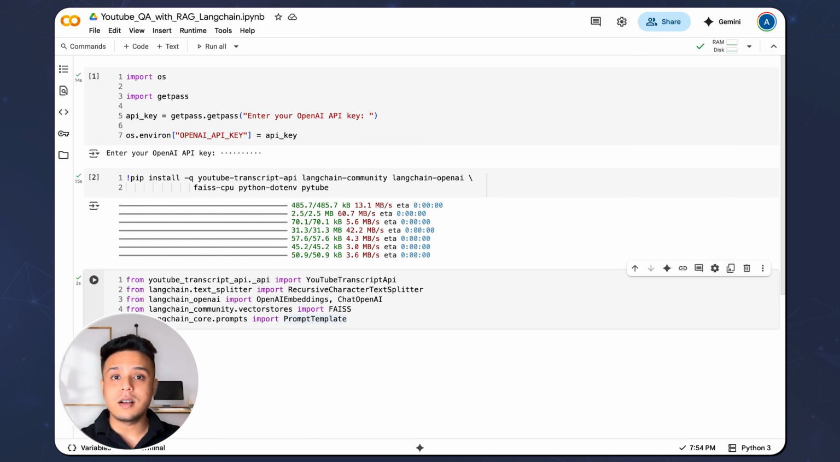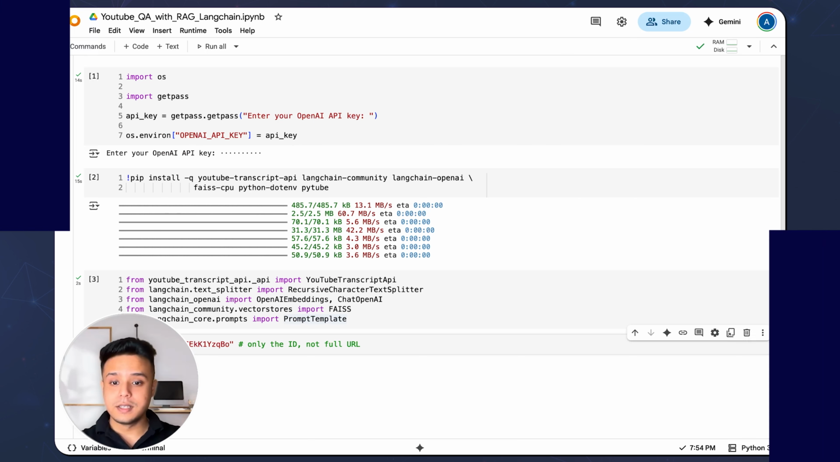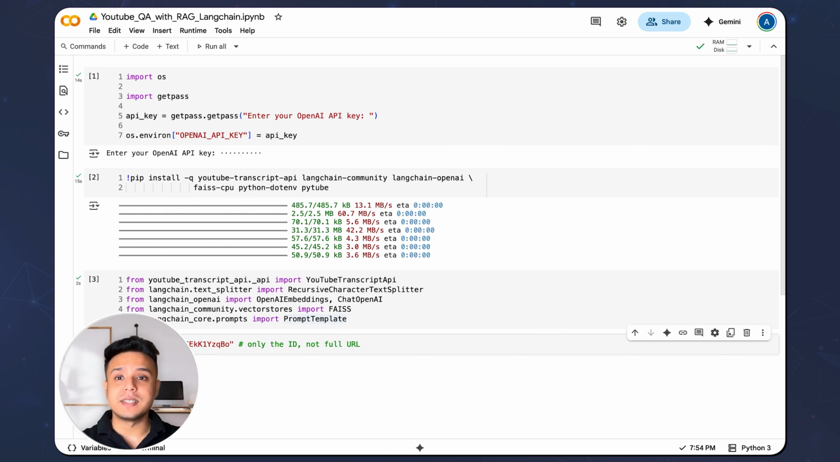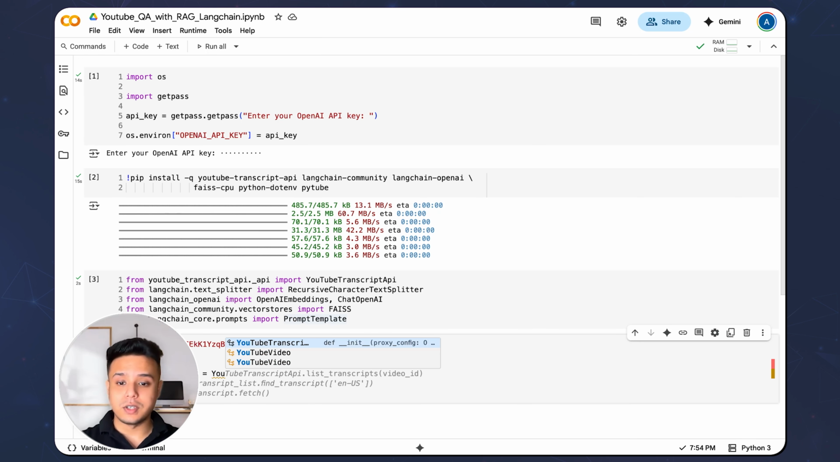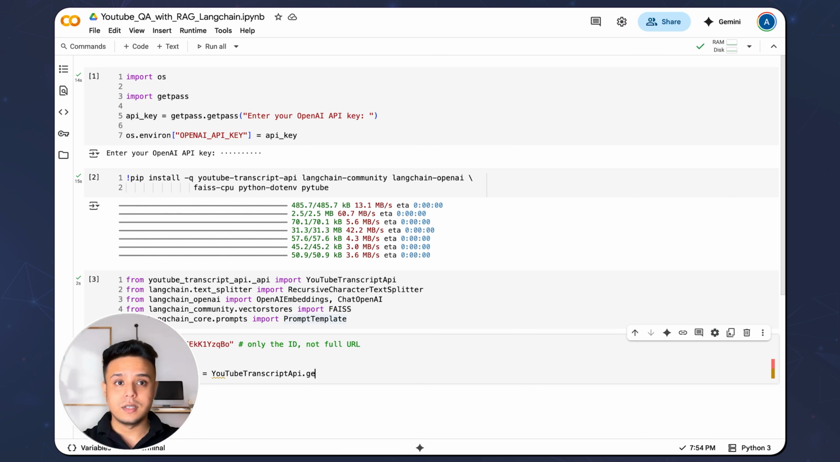So let's take one of the interesting video IDs from YouTube. This video contains information from Apple's event, and we're going to write a little bit of code here. Try, and this is going to be transcript list equals YouTube transcript API dot transcript API dot get transcript,